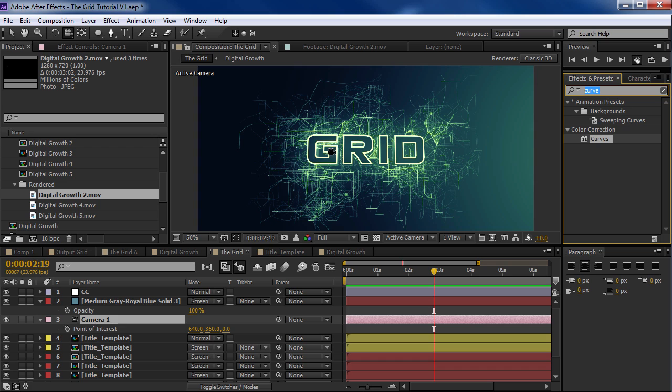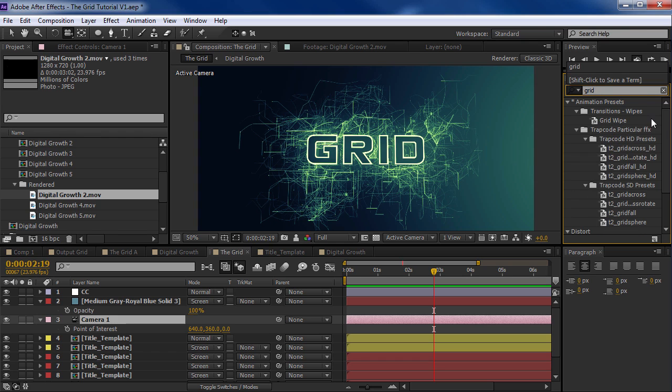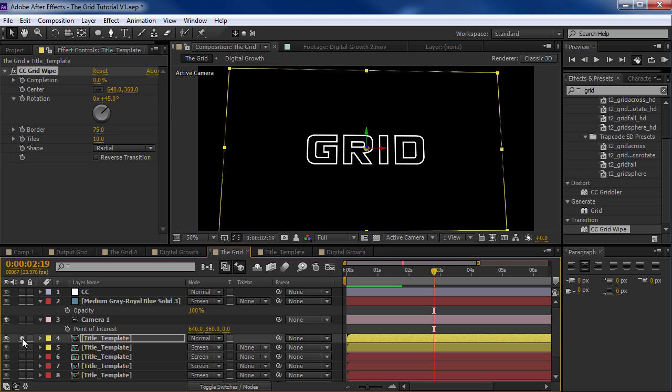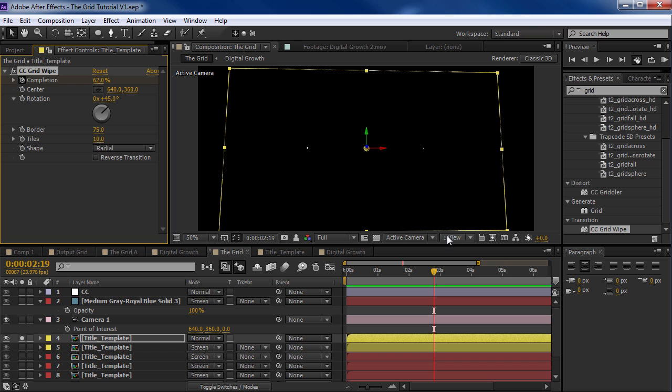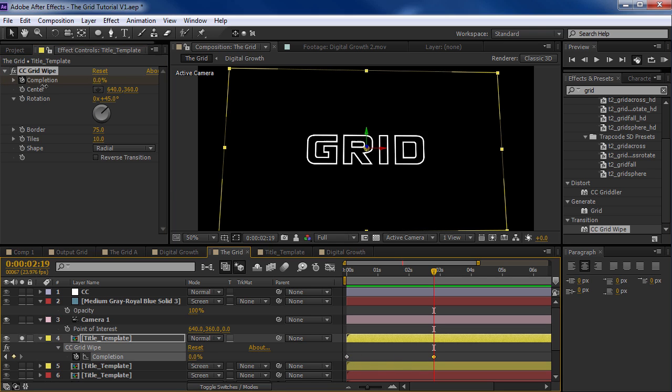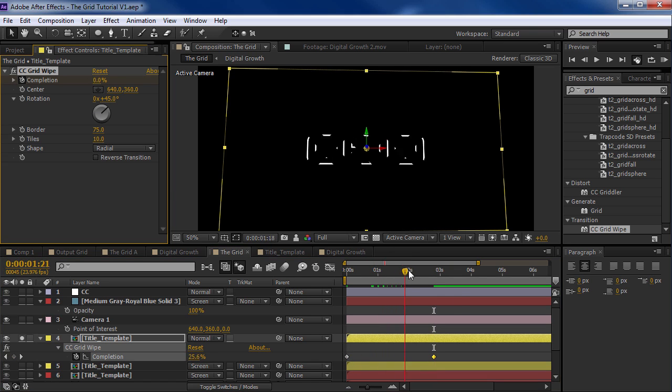Now, I want the grid title to transition in. So we're going to type in grid wipe. So it's transition effect, CC grid wipe. Let's drop that onto our top title. And this basically is a cool little transition. So we'll turn the completion up till it's completely covered and move that keyframe over to the beginning and then open it all the way up. So